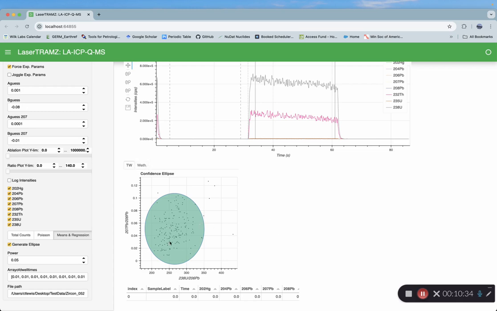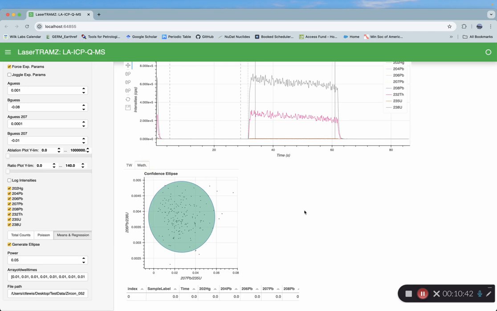This is TW. This is Tera-Wasserburg. The ellipse that's projected onto Tera-Wasserburg. And then we have Wetherill, if you want to visualize those. And then the alpha value associated with the confidence you can change here. I strongly recommend, if you want these confidence ellipsoids, to not change this. Basically, most software programs out there have this set to a 0.05 alpha value. And that doesn't change. I'm not going to get into it, but that's just kind of